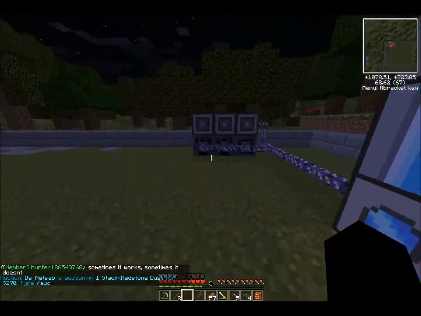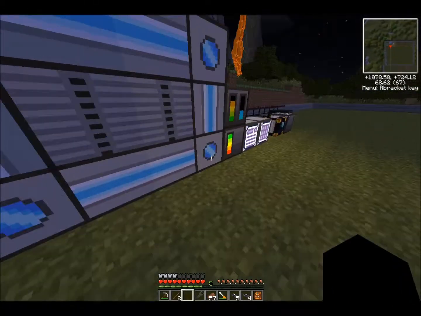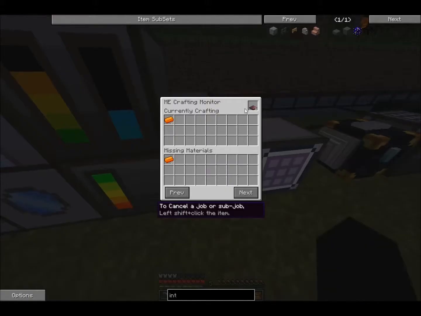The first thing we want to do is, in the alloy furnace, make sure the furnace mode is set to alloys only. That way it puts everything in the right order and it doesn't start smelting until the proper recipe is in there. Now you'll notice in my crafting, I want to make a few more